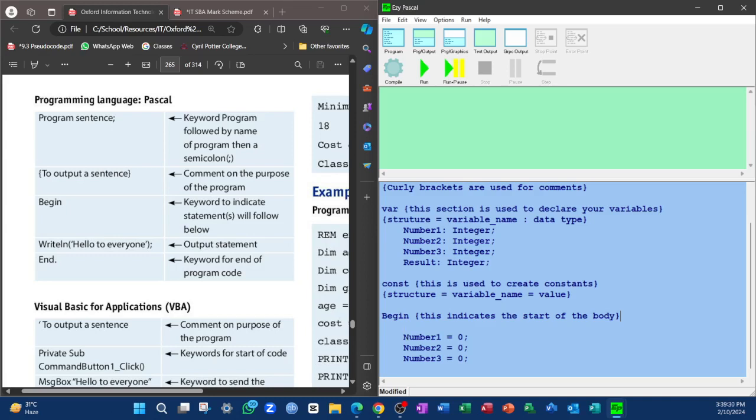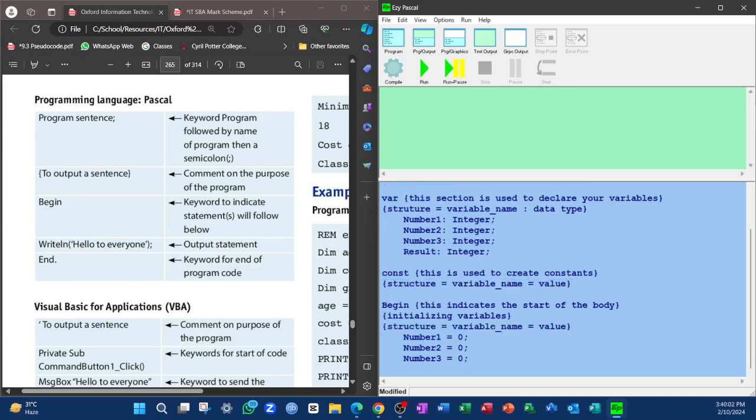And by now having number 1, number 2, number 3 equal to 0, we are initializing our variables here, which is practically the same pattern as creating the constants, but just that